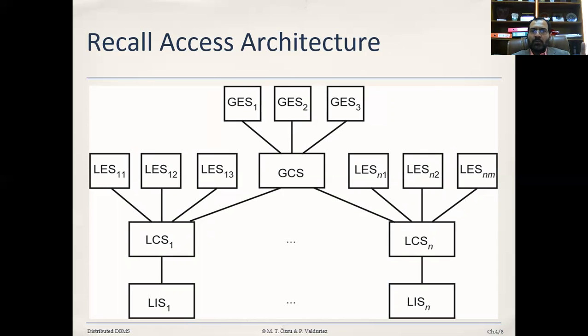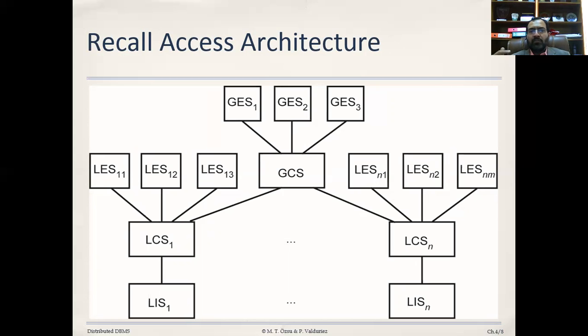that you have the local internal schema. Why is there a local internal schema? The reason is that all those database handling is then done at the localized site. So that data has to be saved at that particular site. So the physical schema must be there. The physical schema must be defined at that particular site. Okay, so we have LIS, then we have the LCS, and then you can see,